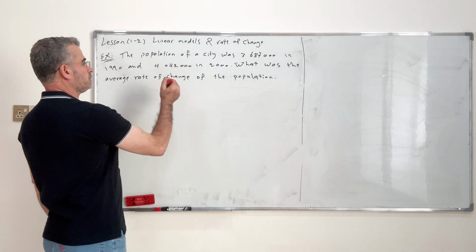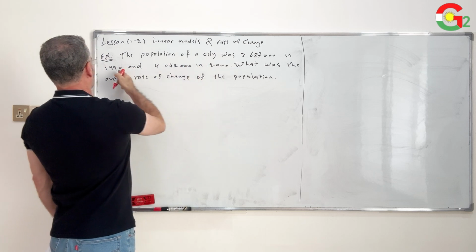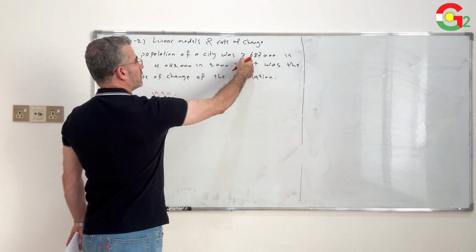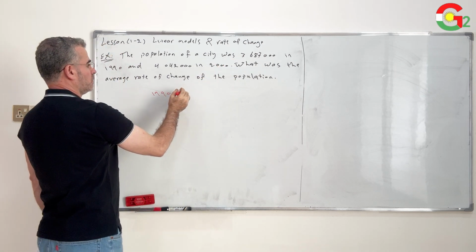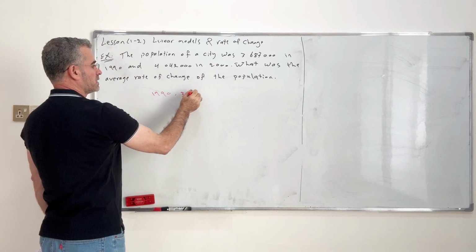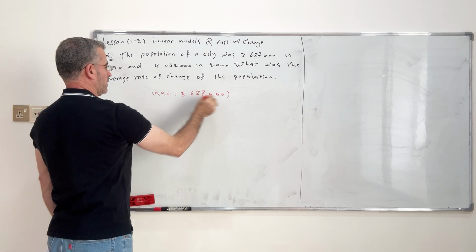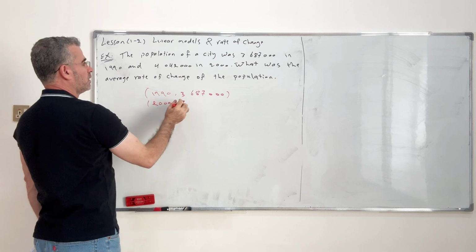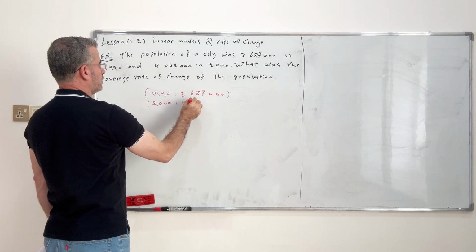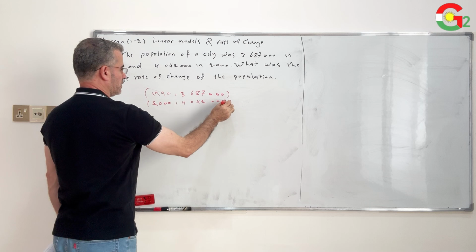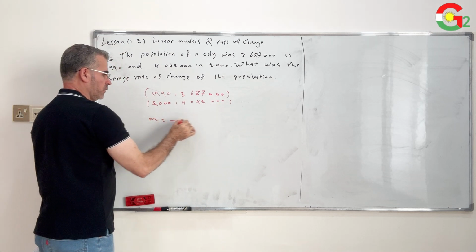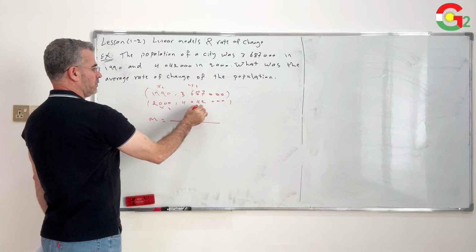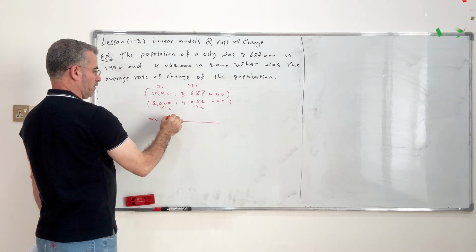Then in 1990 the population was 3,687,000. In 2000 the population became 4,042,000. Find the slope of these 2 points, x1, y1, x2, y2, then y2 minus y1,